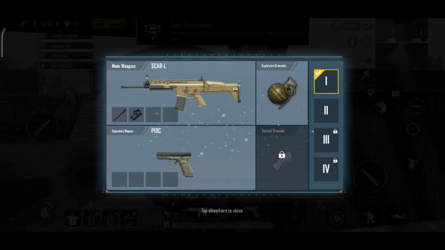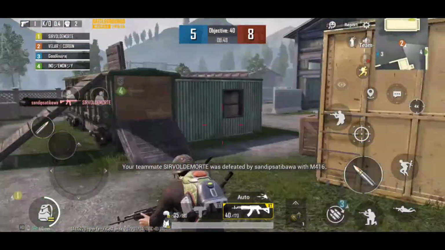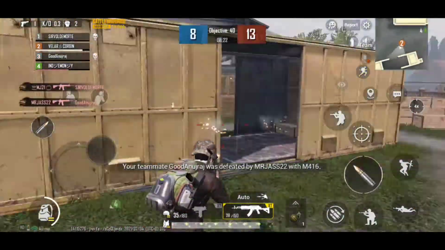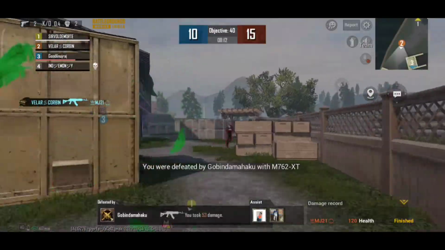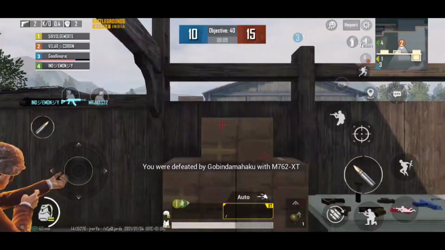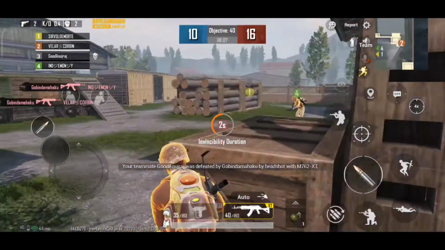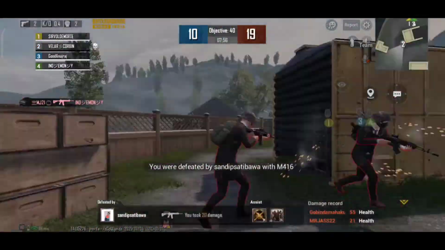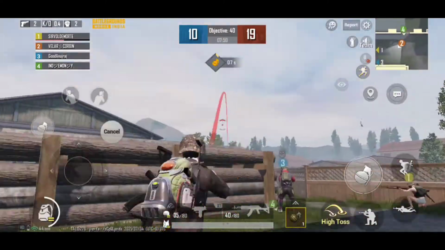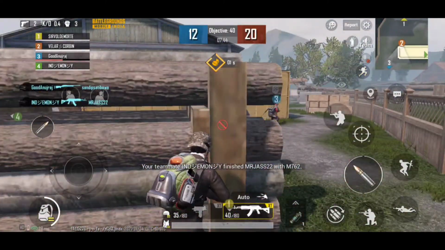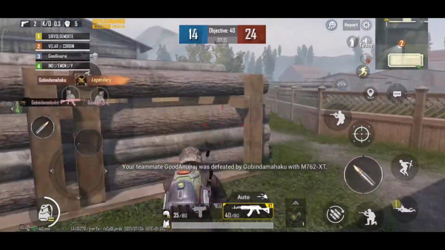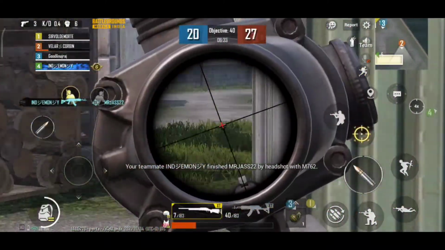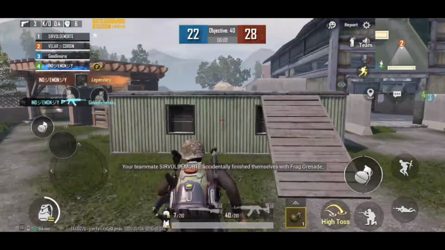As you can see, this is a TDM match I've entered, and that's my official account. I've played a lot, and as you can see, with these sensitivity ratings I had a lot of issues, and I have been killed so many times. And in the first game, I even got defeated. Let me show you the results itself. As you can see here, the sensitivity ratings totally suck. The bomb was not thrown in the right place. I have been killed so many times in the game, even I feel ashamed. Even though I'm not a very pro player, I'm just a simple basic mobile player.